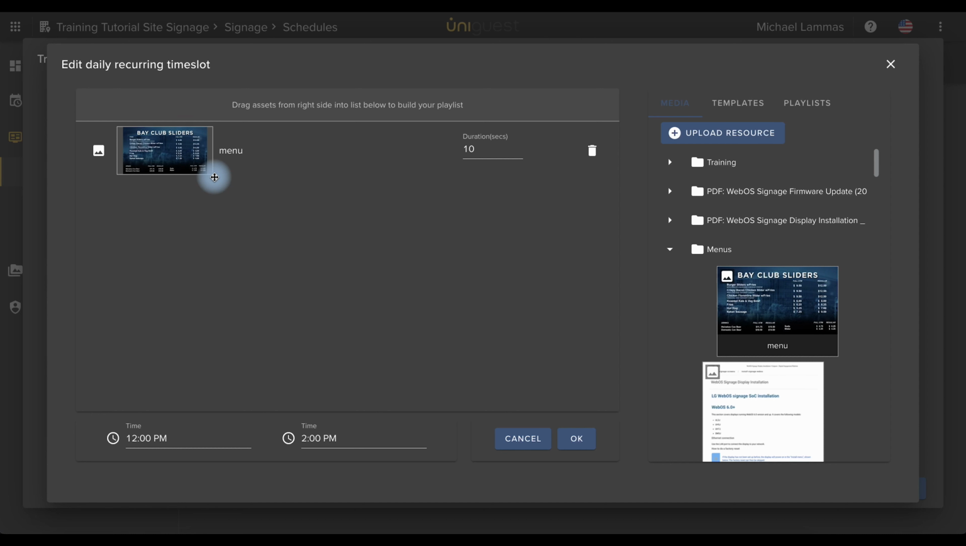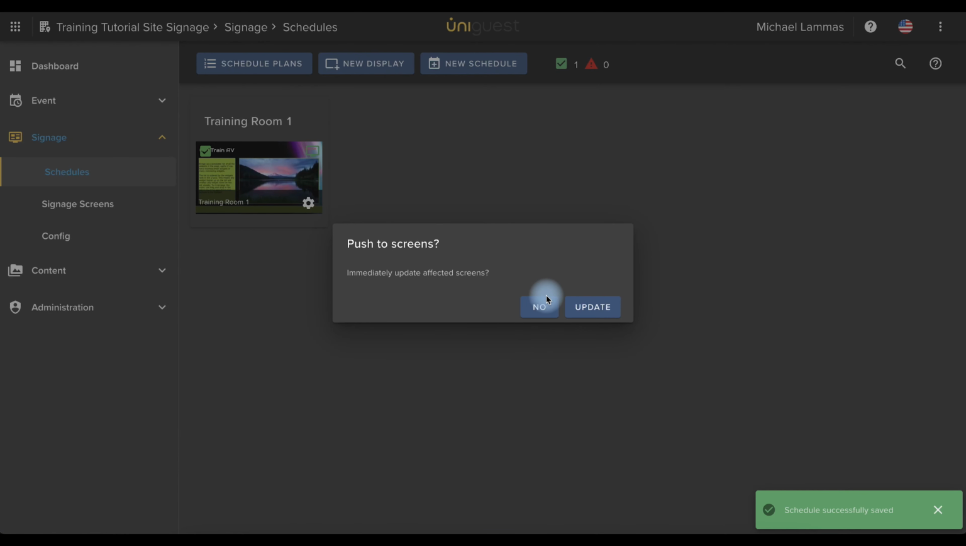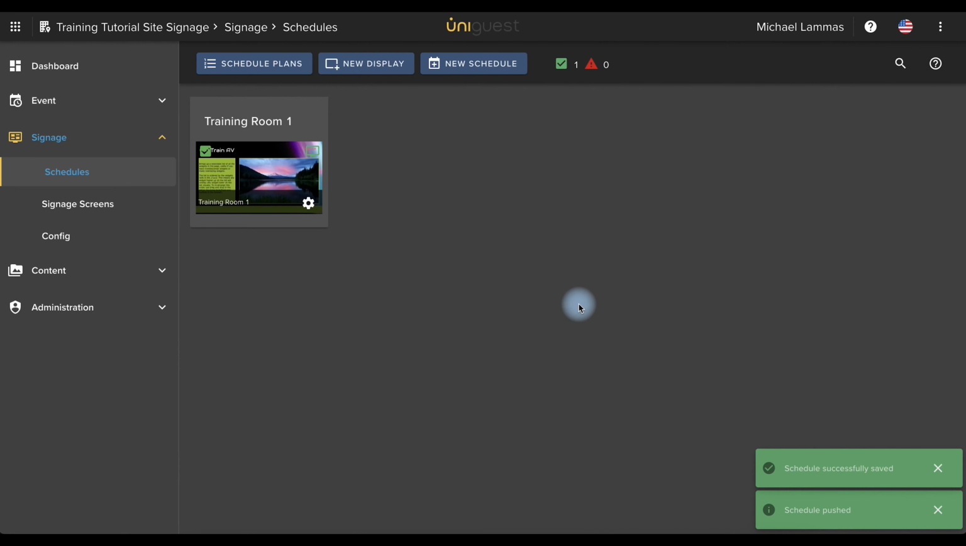the left hand side. Again, the duration I'm not worried about because it's going to be the only item in here. So I'm now happy with this, so I'm going to click OK. I'm now going to click Save, and it's asking me, do I want to push it through to the screen? I can simply click update if I wanted to, or I could have clicked no because I've got more edits